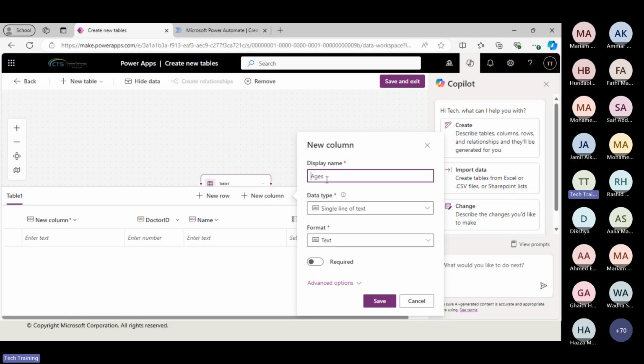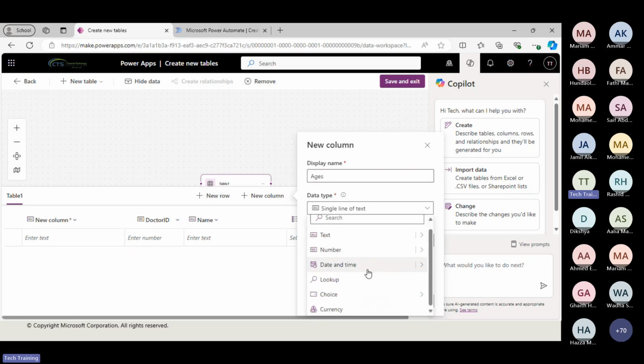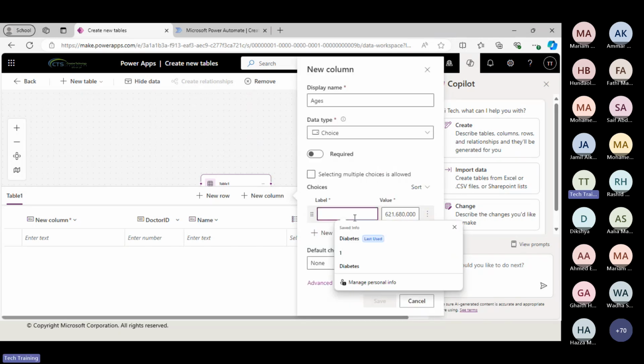I will just select this, then we'll remove it. So I selected the name, and here I select the choice,